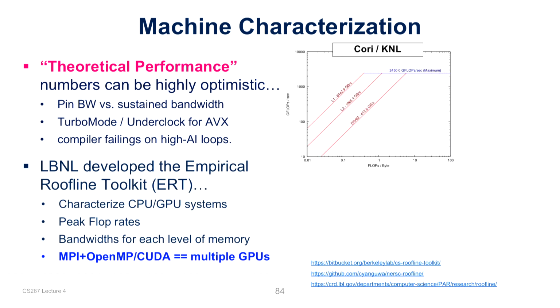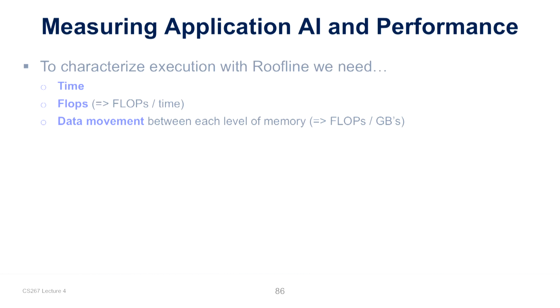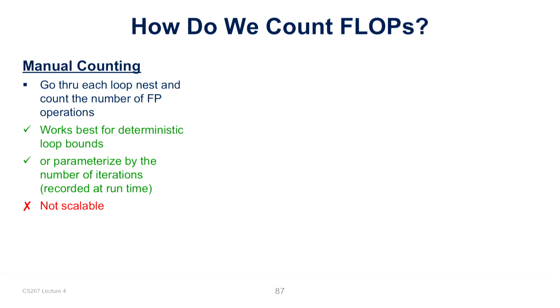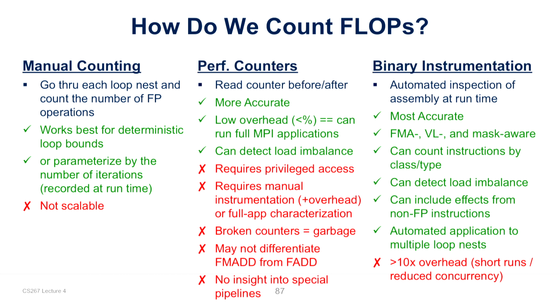So let me just not go through all of these examples because I want to also point you to one of the tools here. Counting the floating point operations and the floating point intensity is also quite difficult, and you can try to do it manually, but it's very tedious. You can try to use performance counters, which give you more accurate numbers. So there's hardware down there that will try to count things. It turns out some of the counters on the Haswell are actually broken, so it's not such a great model for that particular one. And you can try to instrument the binaries in the code,